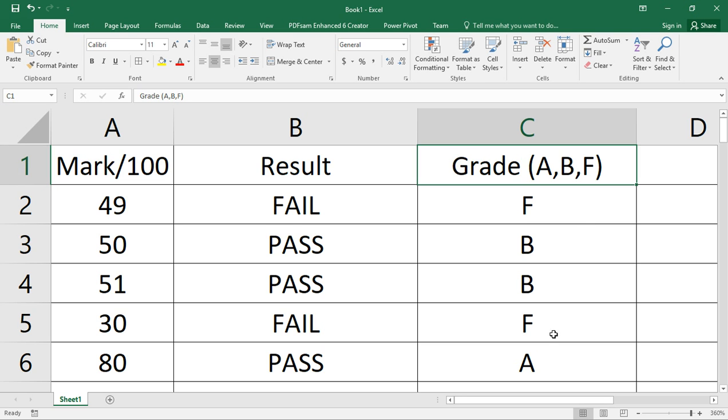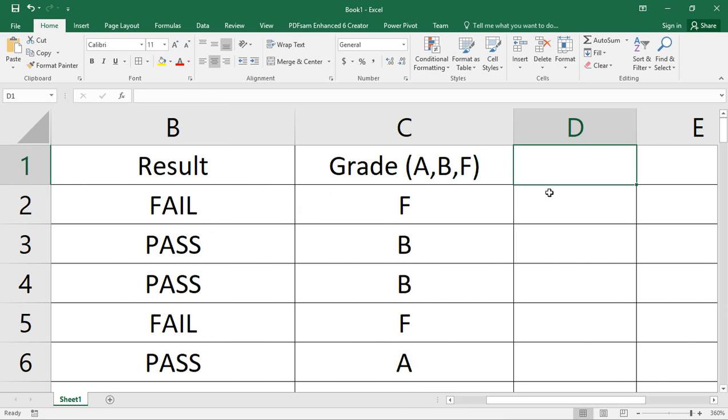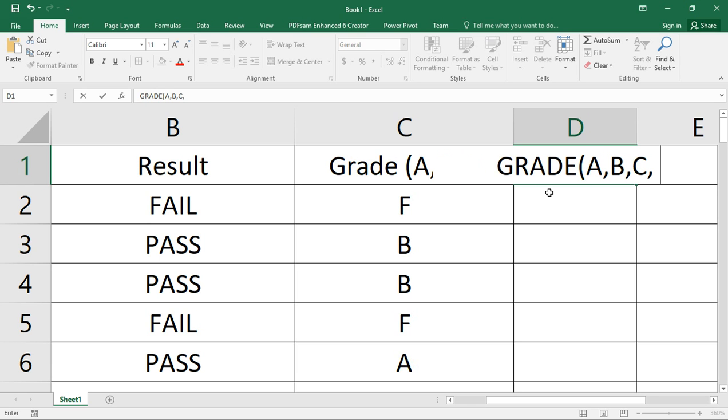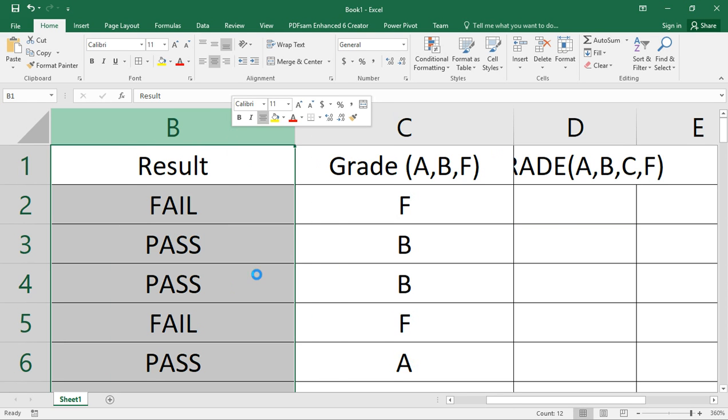So let's say we want to grade it A, B, C, and F. That's the same way. So let me hide this column.